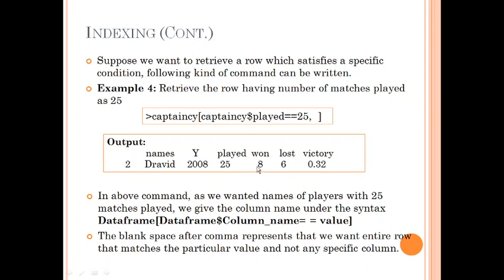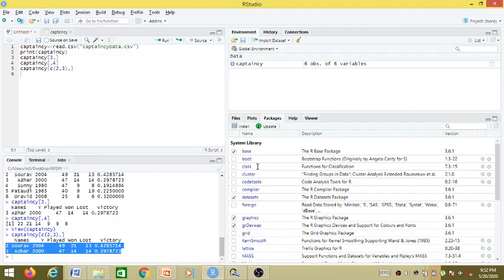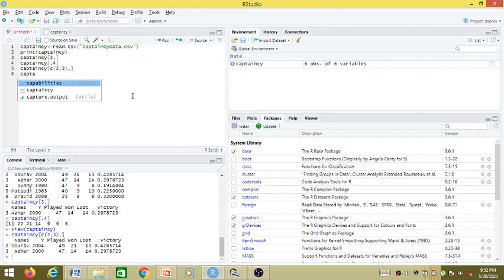Let's do it in RStudio. Captaincy data frame, and inside the row number we are providing a condition. As you can see, after applying the dollar symbol, it has already displayed all the available columns inside that data frame. I want played and I want it to be exactly 25.